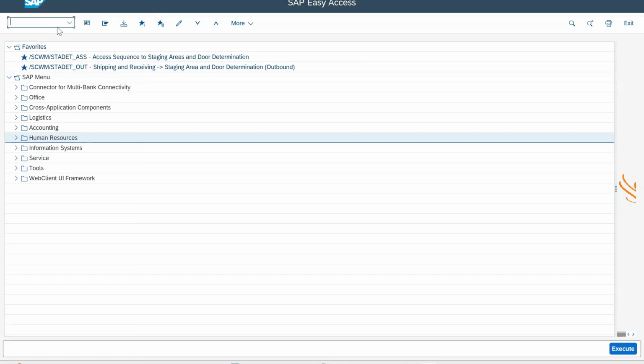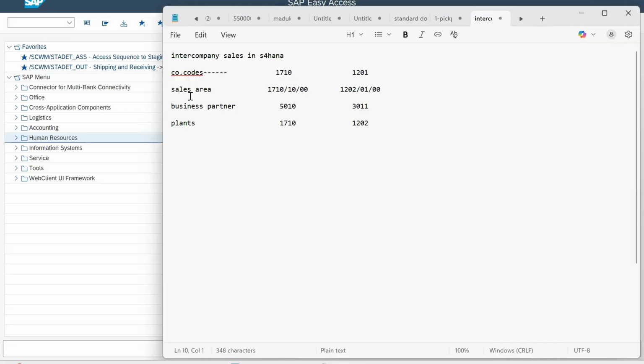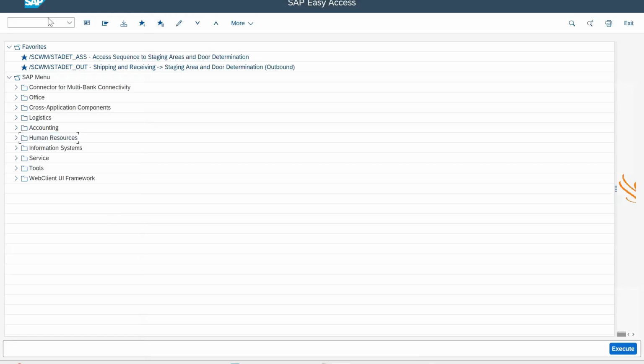You need to extend that material to both of the company or plant levels, right? So we will take one material into consideration here. Our material will be